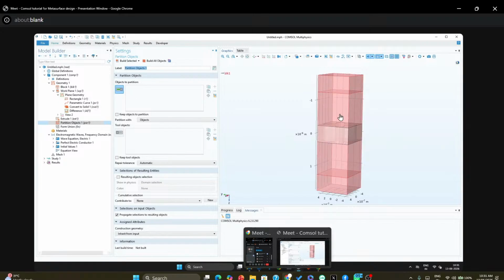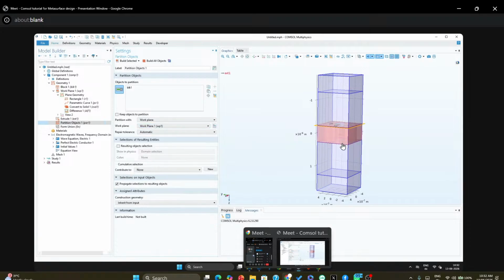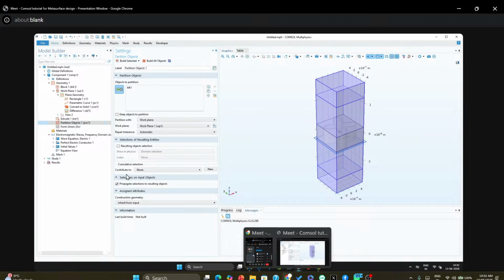This is the full domain, because initially I did not do the partition at the place of the substrate. So I will select this domain, and then I will take a tool object. This tool object from which I want to partition will be our work plane from which our metasurface is started. Then if you build select, now if you see,